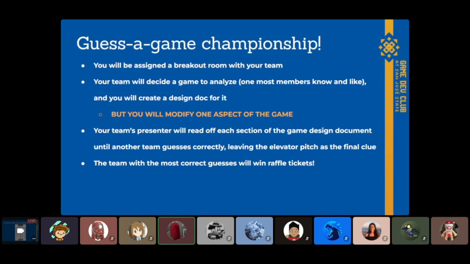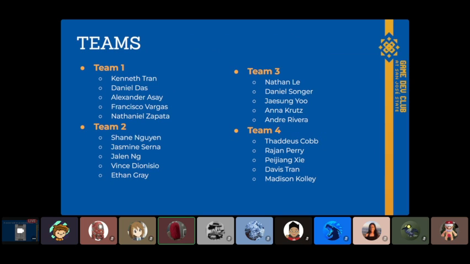Is that clear for everyone? No questions? Okay. Raf, can you go through the next slide? So this is the assigned teams for today. And if you don't see your name on here, it means that you didn't sign up as a member for the club. And I would recommend that you sign up as a member and then join whatever team has fewer members in the call.